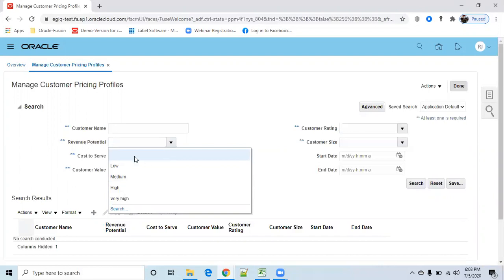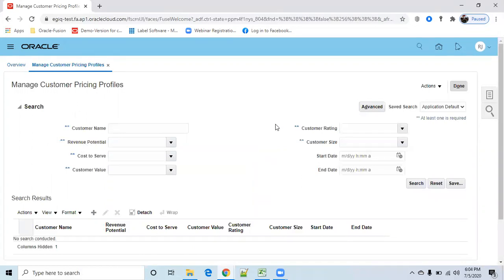Based on these five attributes, the person selling the product will decide, okay, this particular customer is a high-value customer, so for this person I can give the goods at $10.